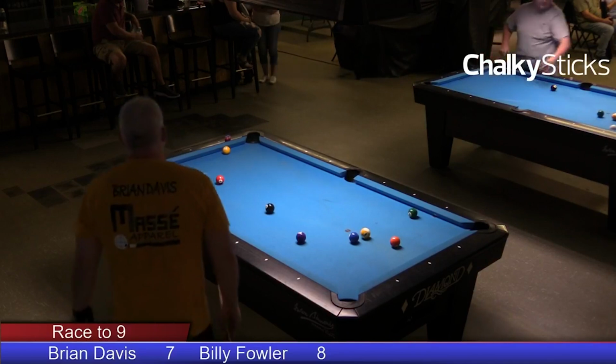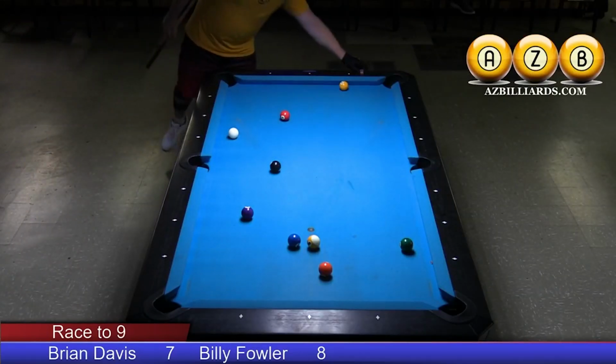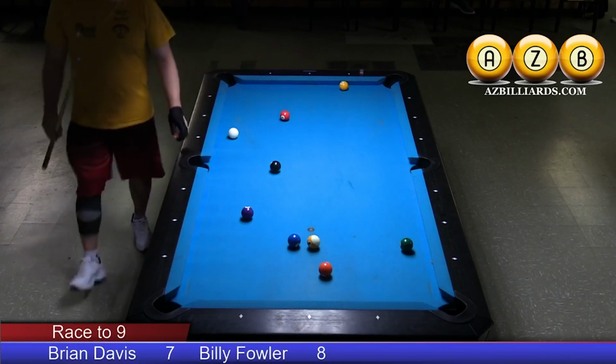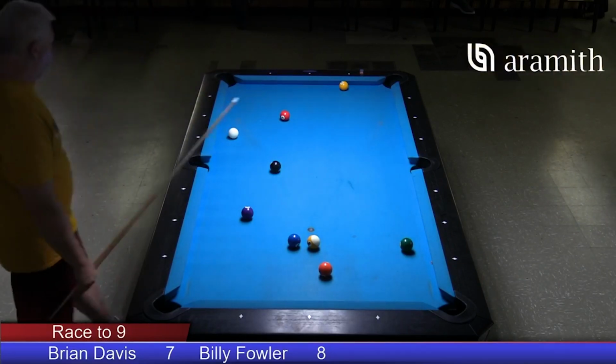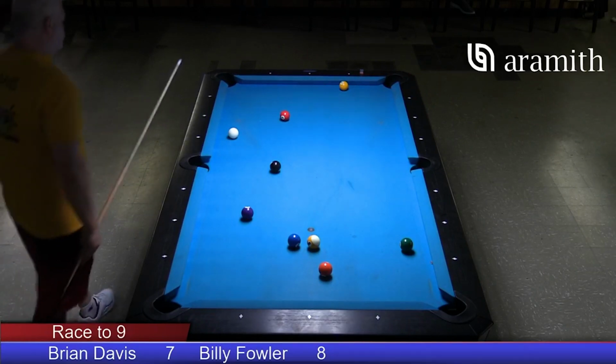And look where the 2 ball is. So the natural roll of the cue ball is going to come straight down table. If he can pocket it rail first, he's got to come with that shot first. But if you hit it too hard,